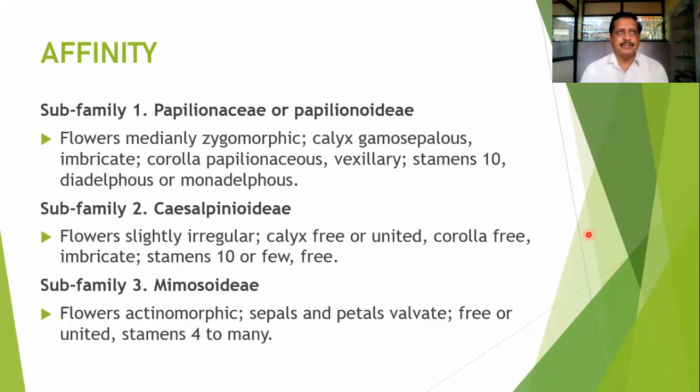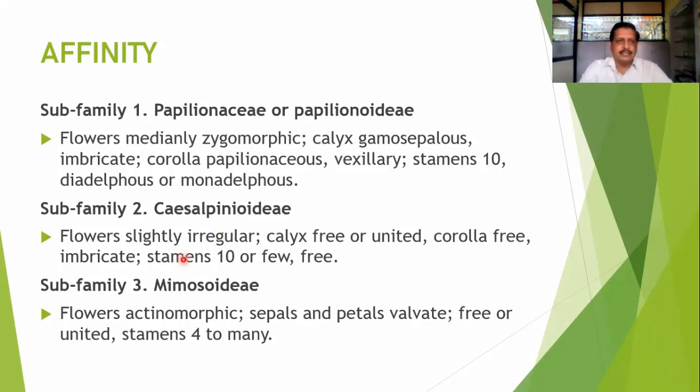All these three families fall under the common family, that is the Leguminosae. And in the Leguminosae, these three are the subfamilies. But now after Bentham and Hooker, we separate them as Fabaceae, Caesalpiniaceae and Mimosaceae. But most of the genera and other members have typical characteristics, and these characteristics we have already discussed.